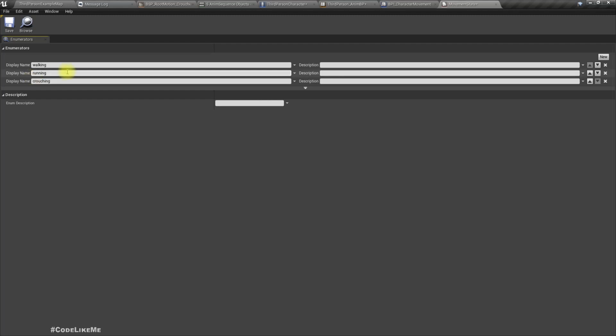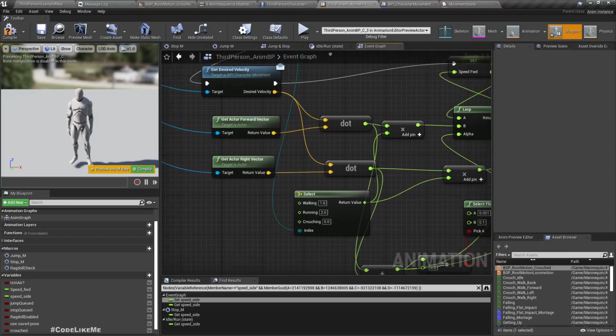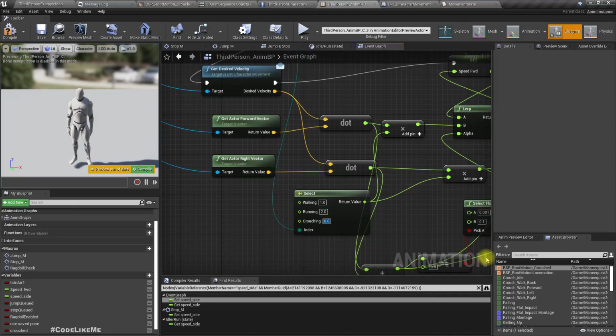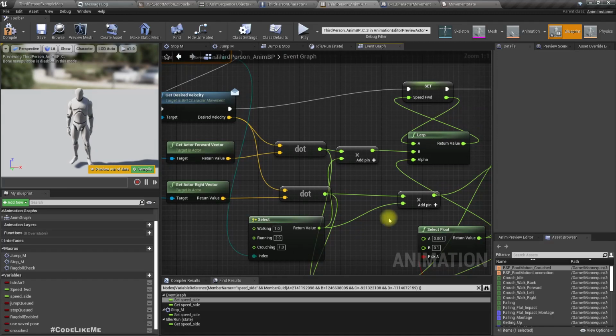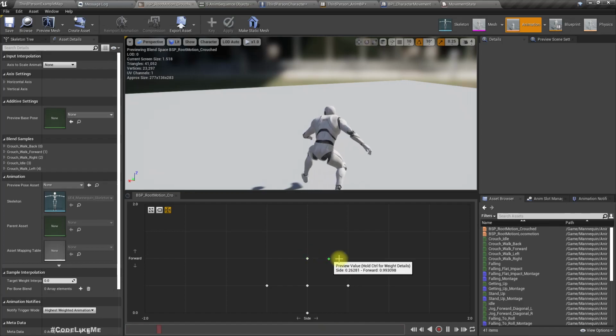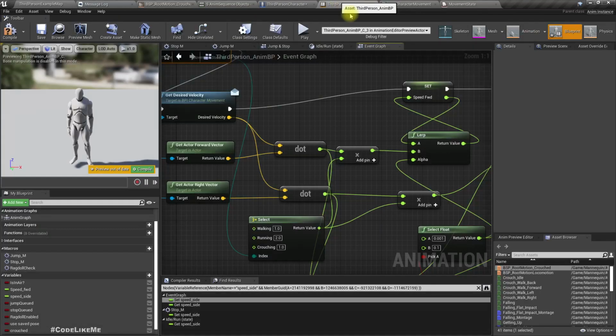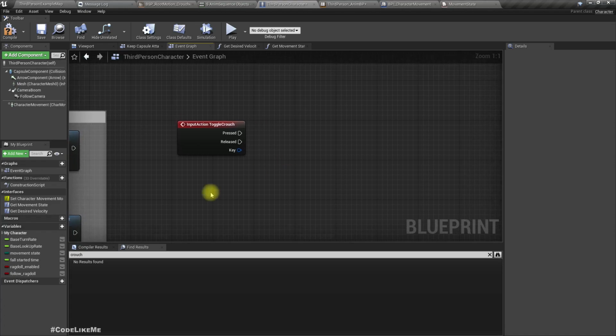Crouching. And if you are crouching, I'll set this to 1, multiplier to 1. So it will match with this one, this value. And in the toggle crouch,